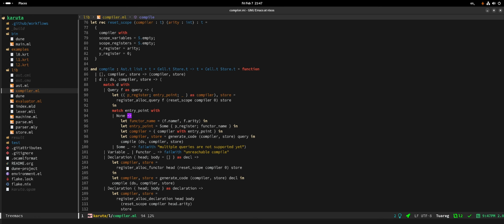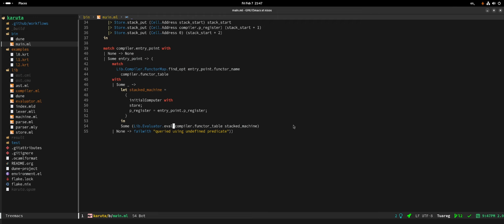We see if we have not encountered it, because maybe we're going to make the conjunction thing later, but for now this is an error. Yeah, which is perfectly fine. Then it's inside the compiler. So are we passing this to anybody by any chance? I think we are. Okay, so here it is. This is the entry point. Then we try to find the entry point inside the functor map. If we haven't found it, we're going to say that the query is trying to use something that was not defined before.